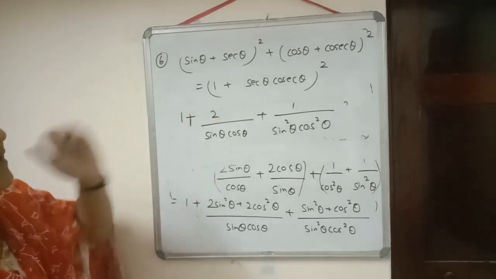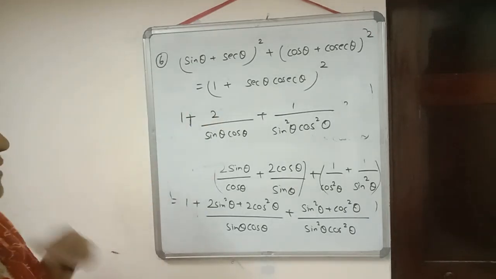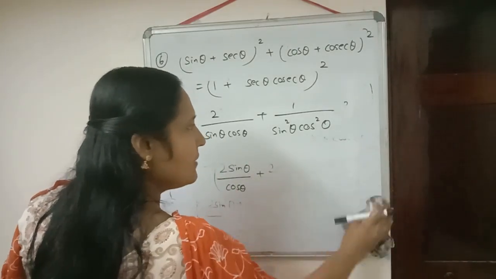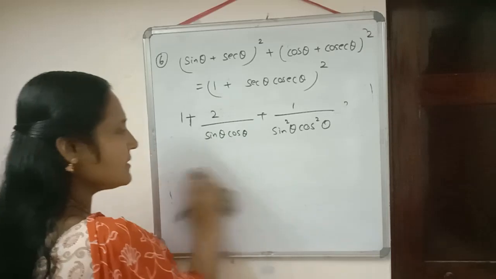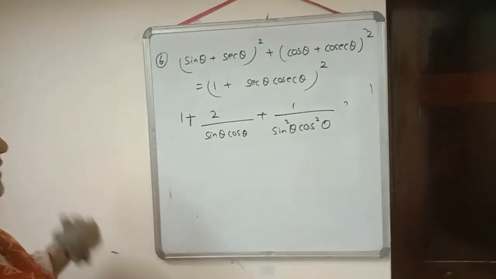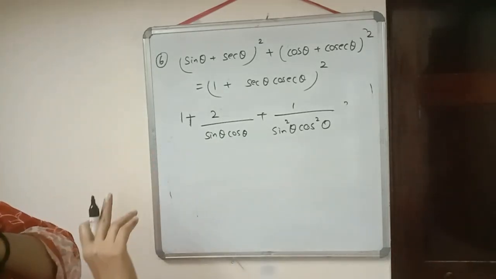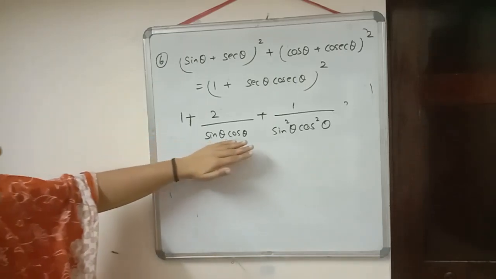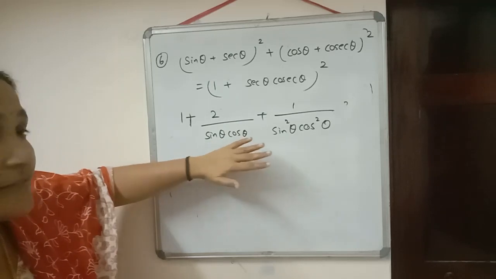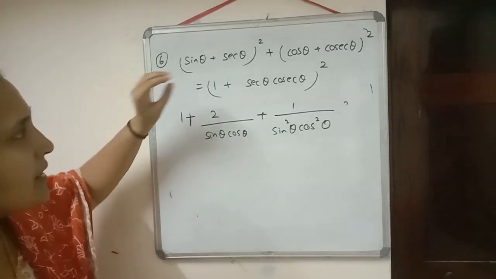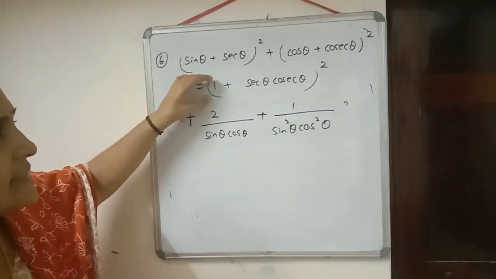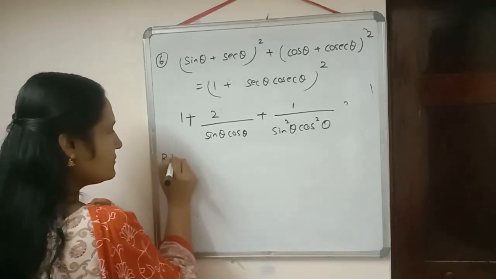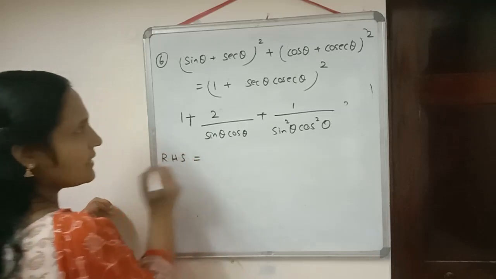But we haven't got our right hand side there. So sometimes if you are not able to simplify, if you are not able to get the right hand side after simplification also, then what you should do, you just expand the right hand side also, because at present we got all the terms in terms of sin theta and cos theta. So here also we can check by changing whether we will get the same expression or not. Now we are going to simplify the right hand side.